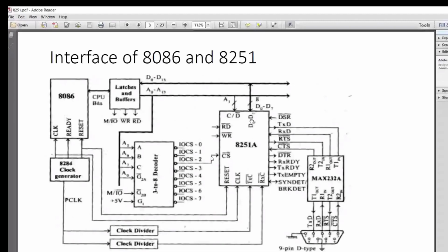For transmitting, data can be written into our data bus. So with write and this line, A0 being 0, it will put the data for transmission. And if this line is 1, you have a 0 coming on read, reading a command. Reading a command is only for the status of the particular 8251 to be read. That is what we understand from this line becoming 1.